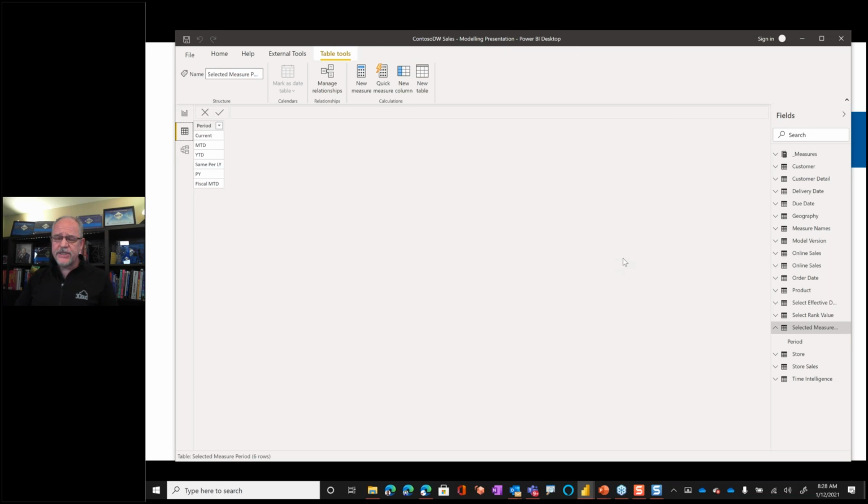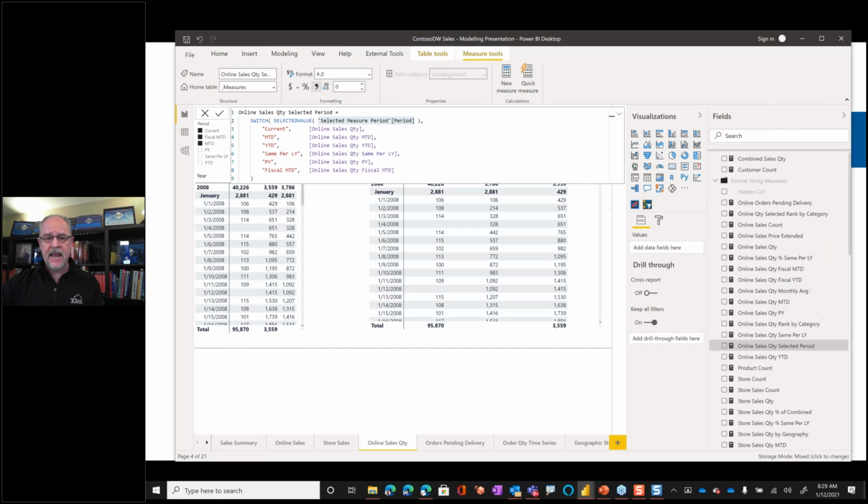So I actually just used the enter data feature and I just typed these values into a table. You could put this in an Excel spreadsheet. You could populate a table in your data warehouse. Doesn't really matter. You just need a list of values. And then based on those list of values, my user can either select one in a slicer or we could group by it. And that will create this dynamic behavior.